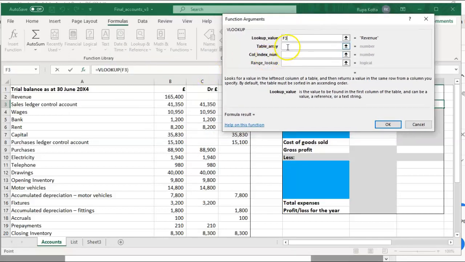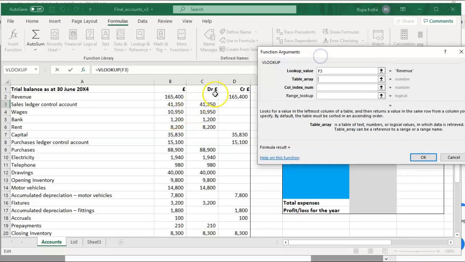Where is my table? The trial balance is over here. Don't use the list, because in the list there are no pound values, it's only the items. But when you are picking up the values, you need the pound values, so use this table. Now if you see in this table, we have the names here and we have the values here. So just these two columns will be sufficient. You don't need to select the debit and credit columns, because that way you would be looking at two columns and one of these columns is empty. So Excel will not know which value to pick up correctly.